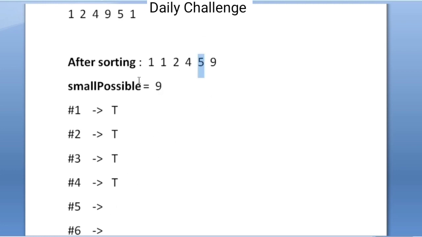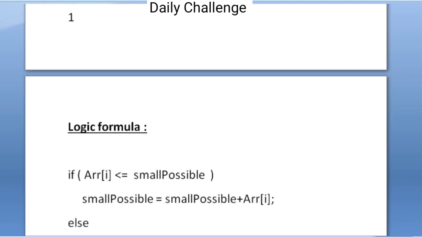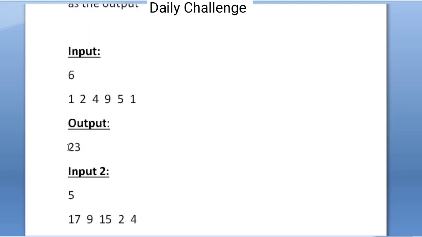In the fifth iteration, 5 and 9. Again it satisfies the condition, so it is true, and 9 plus 5 would be 14. Now the last iteration, the sixth iteration, it would be comparing 9 and 14, and yes, 9 is less than or equal to 14. So again this condition is also true. So 9 plus 14 is 23. And now we have to return this value. And we can see here that the output is also 23.